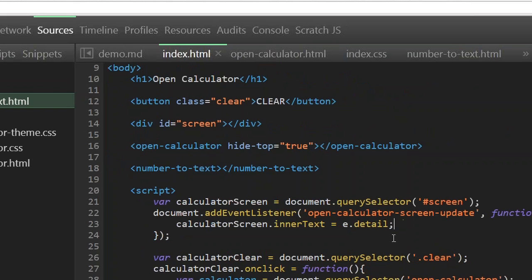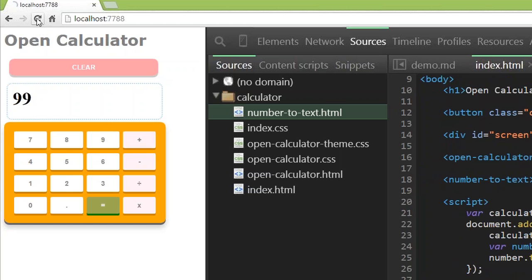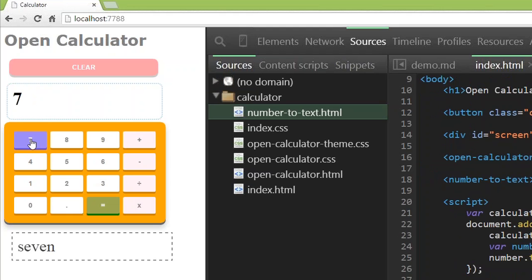Every time the screen updates in this listening event, we'll get a reference to this number to text element, and we'll use the toText API and give it the detail, the value, I should say. Okay, so every time we have a number, so we have 70. You see it's updating two different things, and this one is actually a web component. This is a part of the page. I just wanted to demonstrate that you can integrate different components together